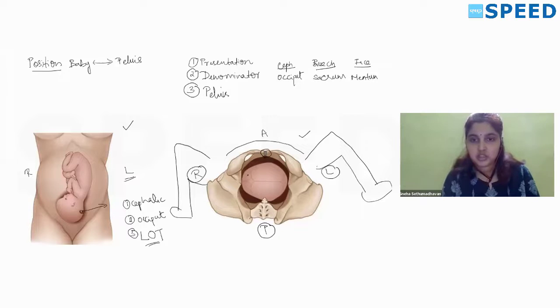So if you look at the picture, you can see 2 fontanelles. The diamond-shaped fontanelle is the anterior fontanelle, and posteriorly you can see a Y-shaped suture, the sagittal suture dividing into 2. Now this is what you need to identify for occiput. The Y-shaped area is the occiput, all right? So if you notice here, the occiput is directly to the left transverse side. So again, this is LOT, same.